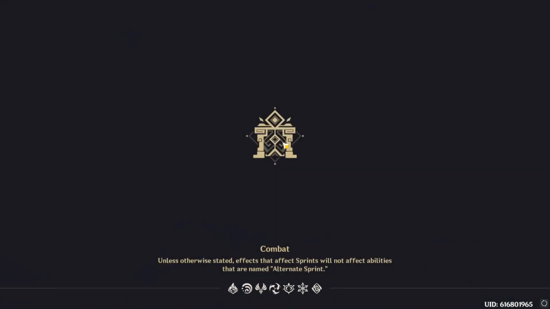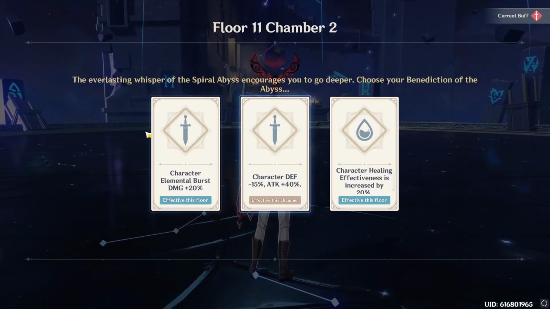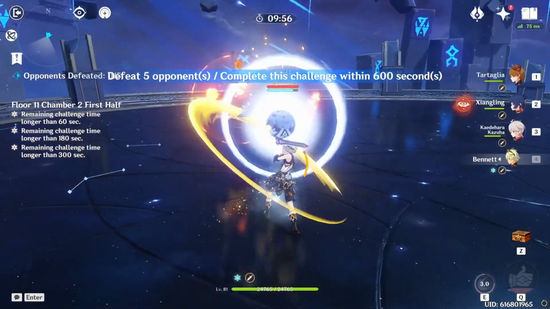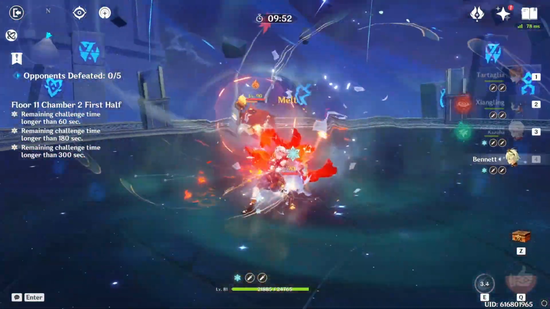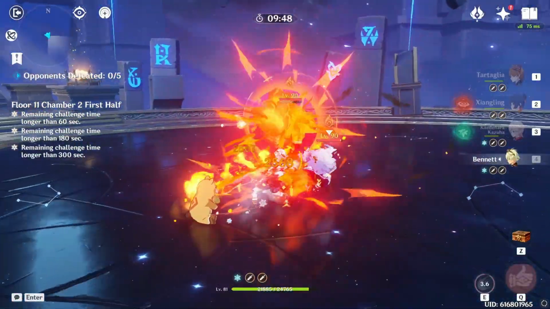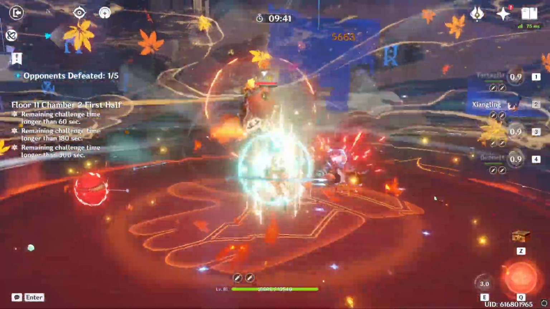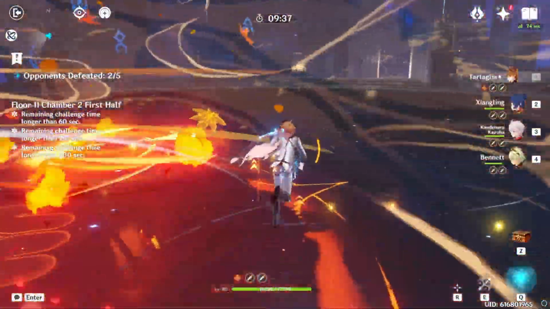And chamber 2 is also pretty easy. It's just those pyrolectors, but obviously I have Childe, so it's not hard at all. And here, I would recommend that you save Shenhe's ult, because you don't really need to waste it here. You just use Tartaglia, and those guys will be dead, and you can save it to kill the Lector